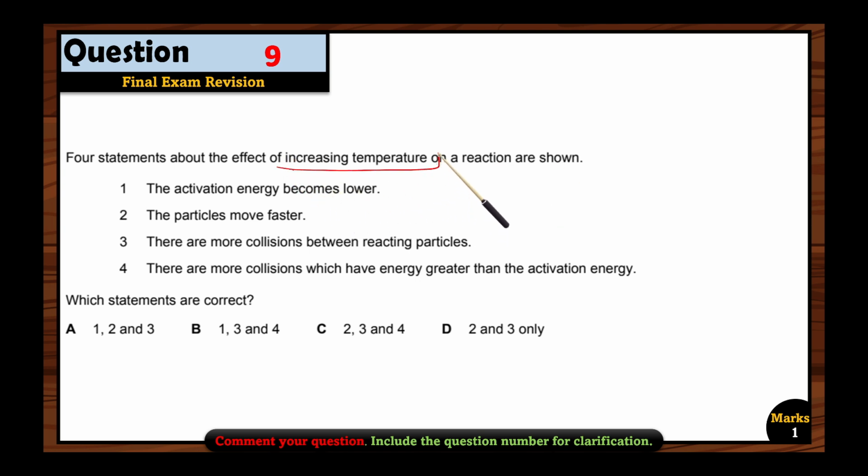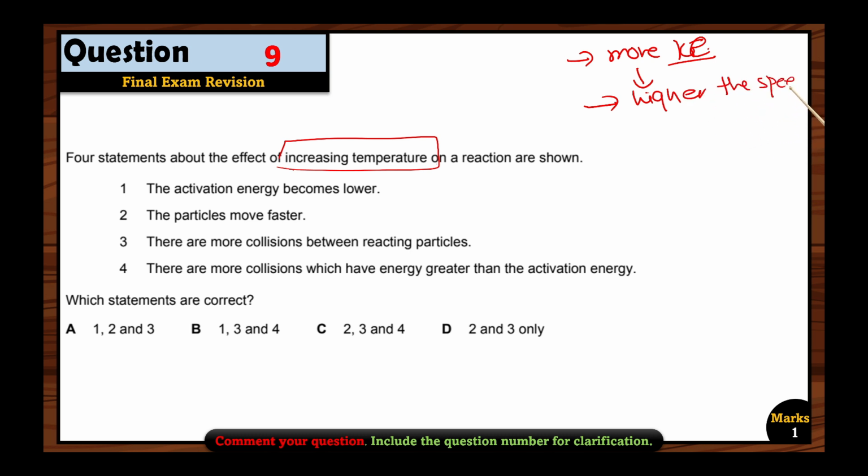Now they are talking about increasing the temperature. So increasing the temperature, how will the rate of reaction increase? First, the heat will provide more kinetic energy to the particles. So what will happen? Higher the speed of the particles. Now the particle speed will increase. So once the particle speed increases, there will be more number of collisions,